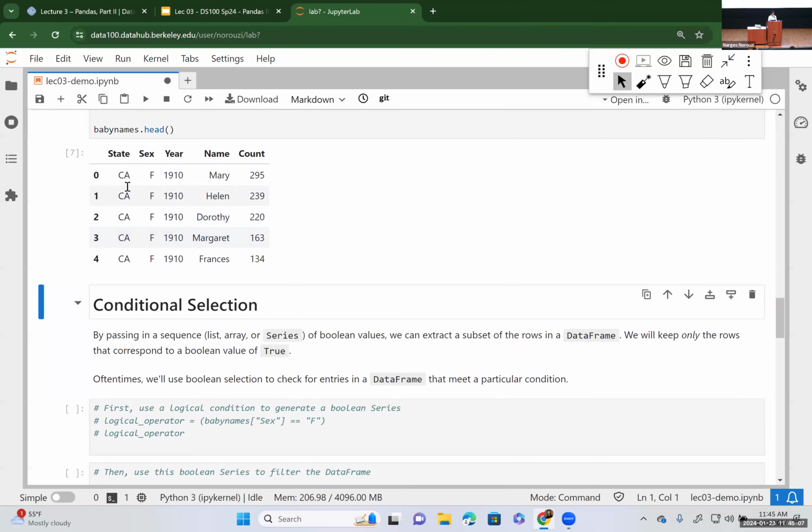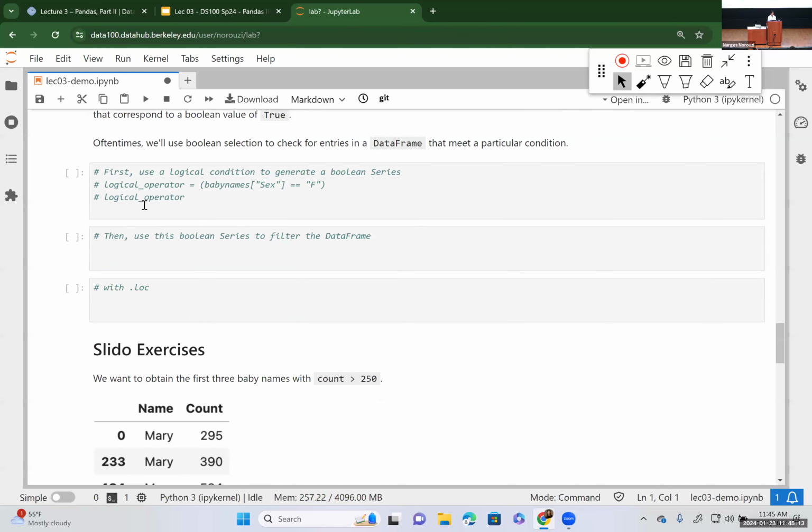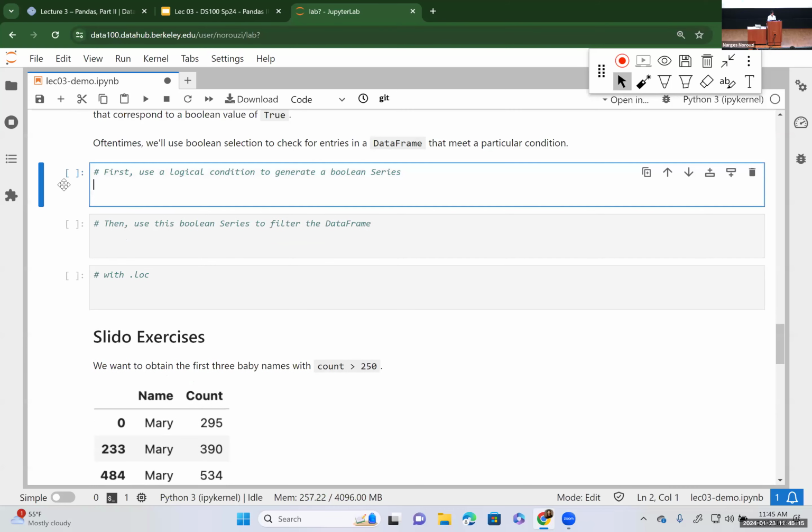You can see the head of this data set, meaning the top 5 rows and all of these columns that we get. And what I want to do is create this logical operator for you so that you can inspect and see what I mean when I say that we're creating a Boolean series object. So I'll create a